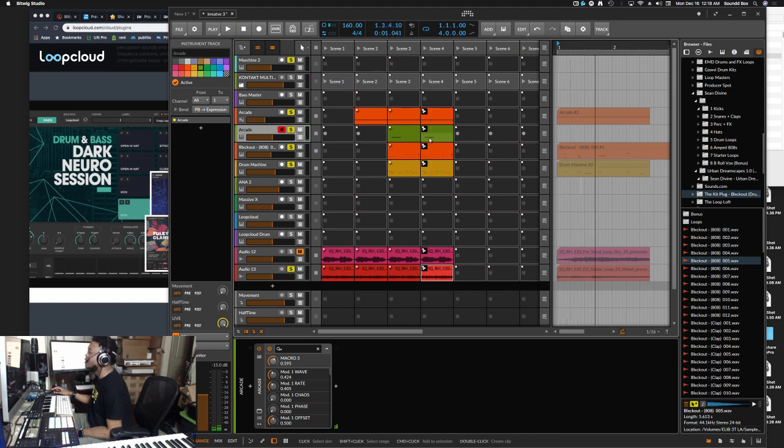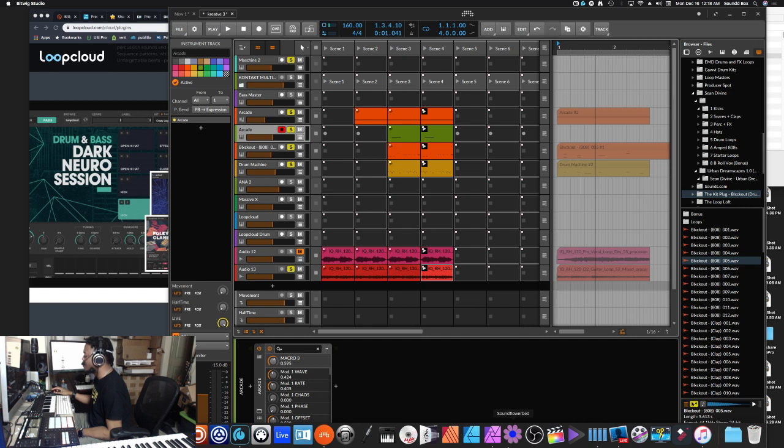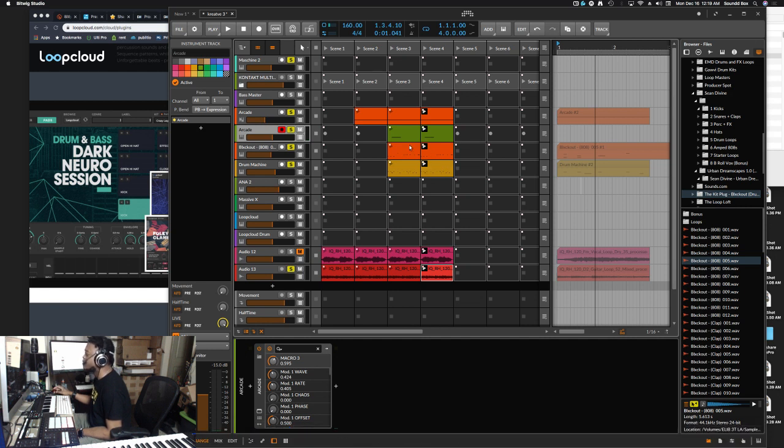I need to go to the settings and change how long it should take before it goes to the next one. But yeah, I love working this way because I can get my ideas out quicker. Like, I got a whole section that I want to incorporate, but I don't want to print that down in song mode yet. So this is a great way to work.